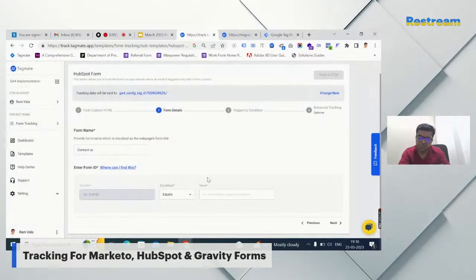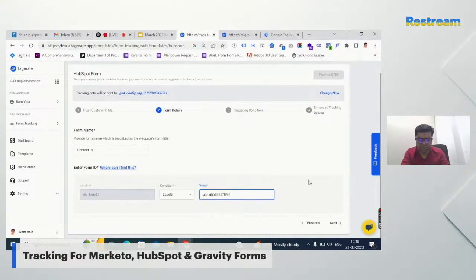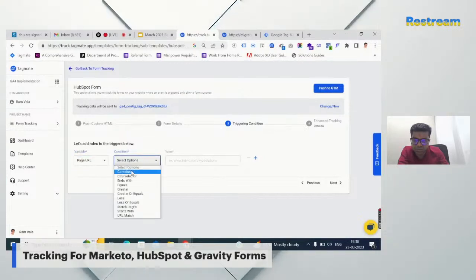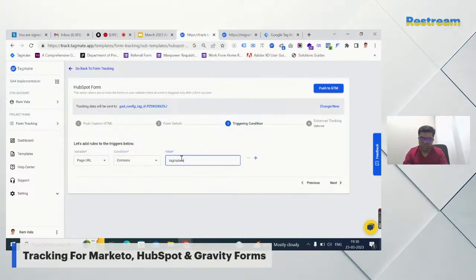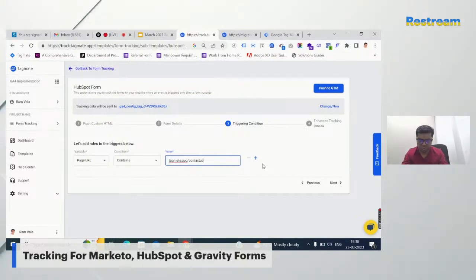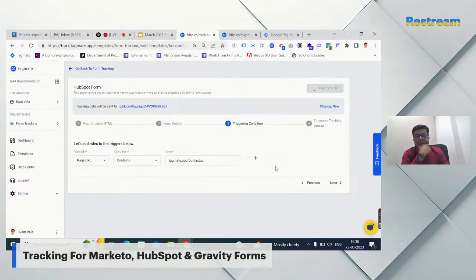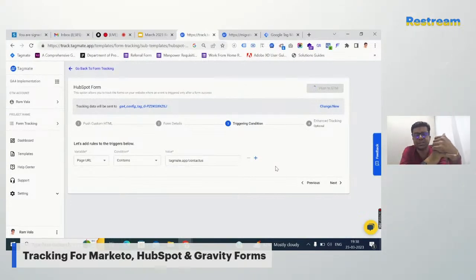Okay, for the sake of this demo, I am just writing a very random ID over here, and just click on next. And again, this is the triggering condition. Let's say, for example, my form is located on this web page, and that's it. If I click on push to GTM, the process has been started, and now Tagmate creates